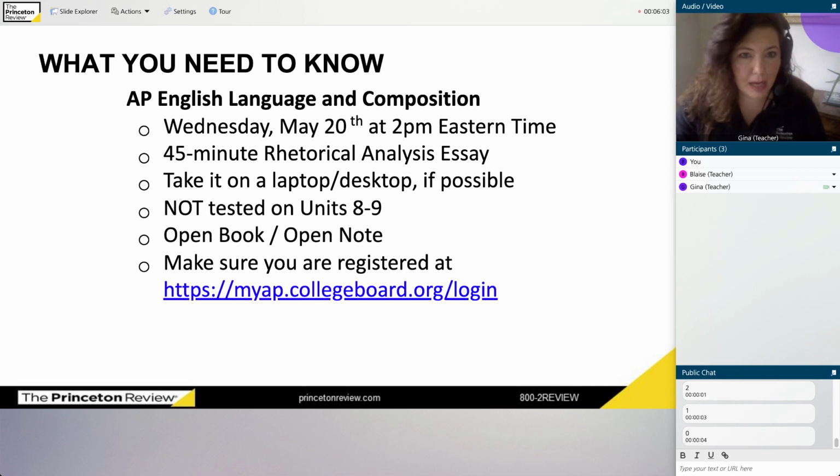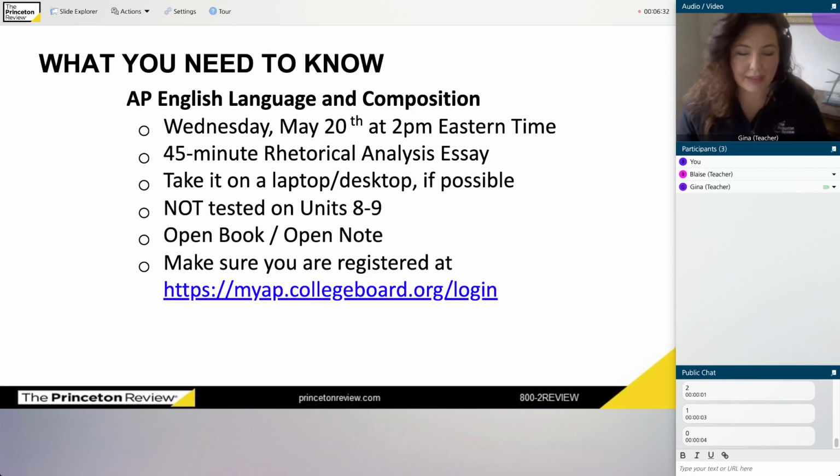You have the option of taking this test on a variety of different devices, but I'm going to strongly suggest that you take this on a laptop or a desktop computer. And the reason I say that is it's good to have access to a keyboard. Obviously, you don't want to be hunting and pecking on your tablet on-screen keyboard, right? That would not be a good idea. So, if you have a laptop or a desktop, I highly recommend you do that.